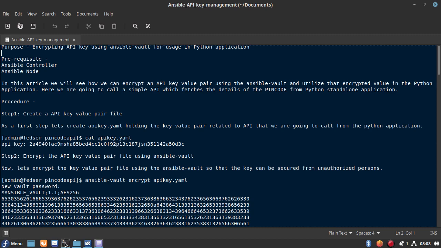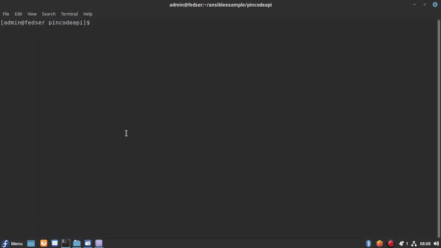So let me show you with an example how we can do the encryption. Let me create some test file. Let me name it as key one, and let's give this key one a value test one.